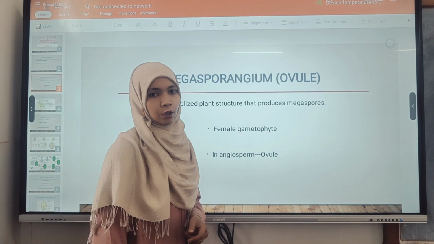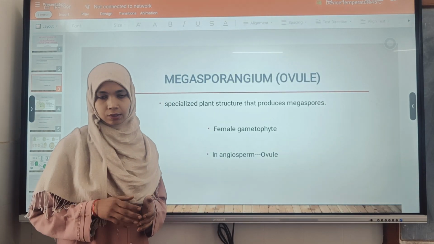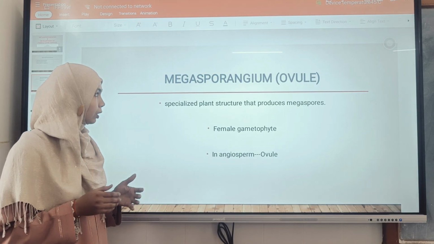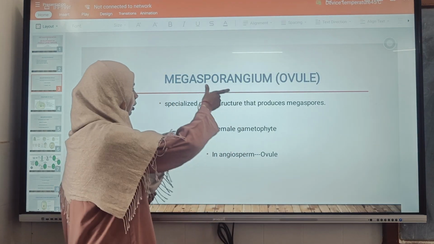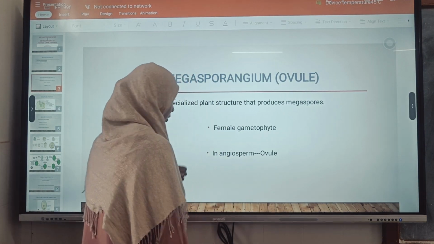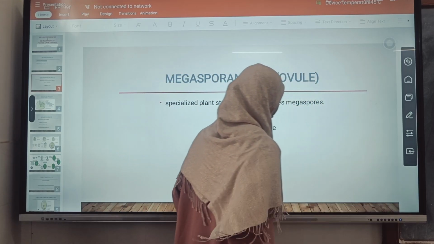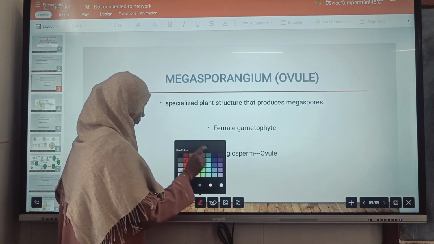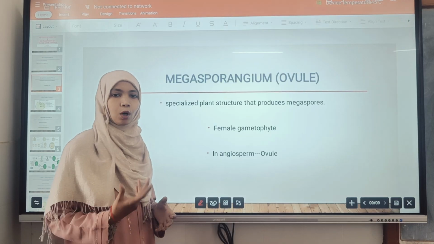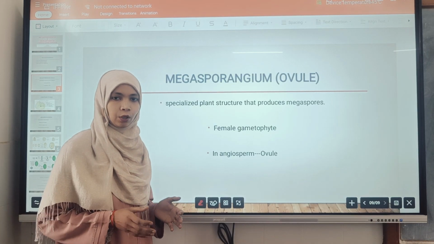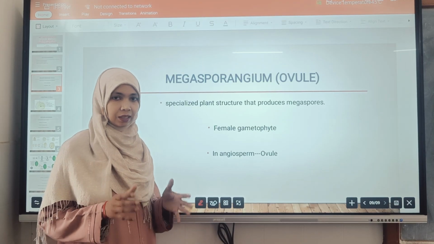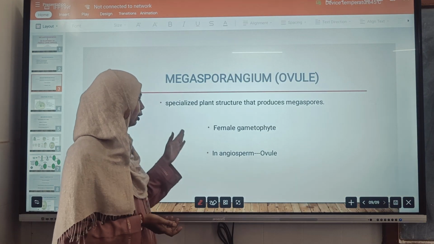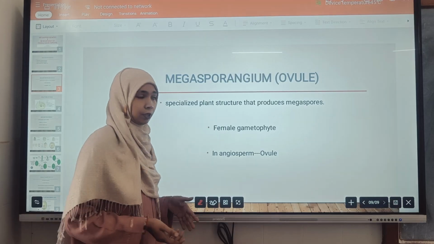megasporangium or ovule. Before knowing megasporogenesis, we have to know where it takes place, and megasporogenesis takes place inside the megasporangium. Now what is megasporangium? You already know that megasporangium or ovule is the structure formed inside the ovarian cavity with the help of placenta. Placenta is a cushion-shaped structure, and from this placenta ovules arise, and that ovule is a specialized plant structure that